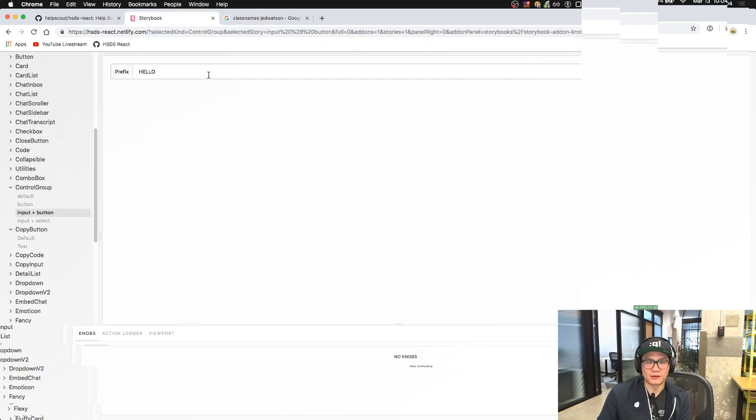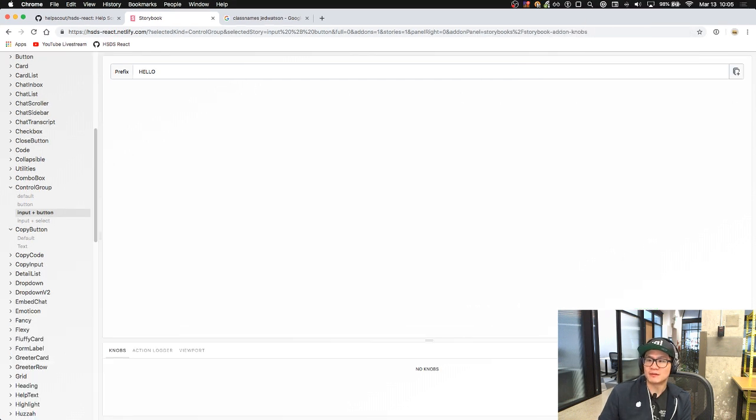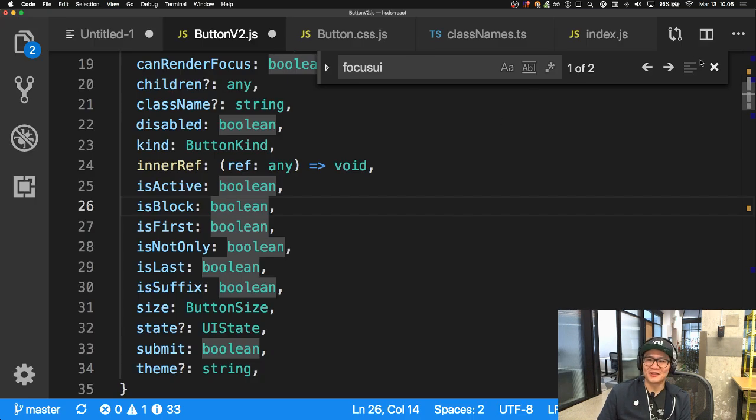That allows you to combine buttons with other things as well that happen to be powered by this control group mechanism. So here I have an input that is able to work alongside of a button, that is able to work alongside of some sort of prefix component. Here we have a select next to an input, and they know how to magically round their corners. Oh, here we go. Here's a V2 button next to an input. Right. So in order for the button to understand that,